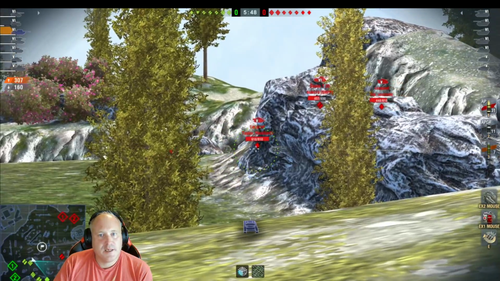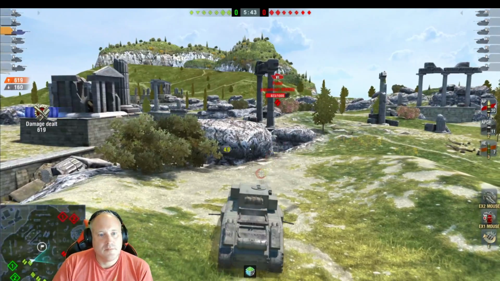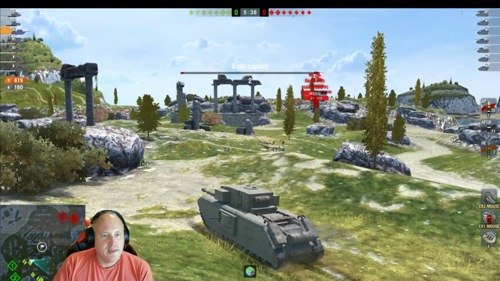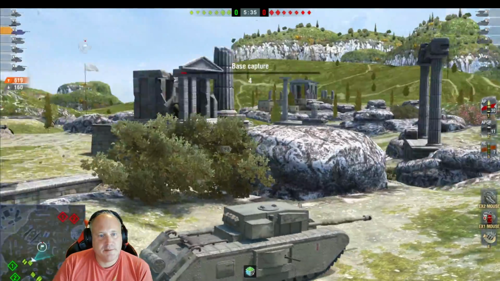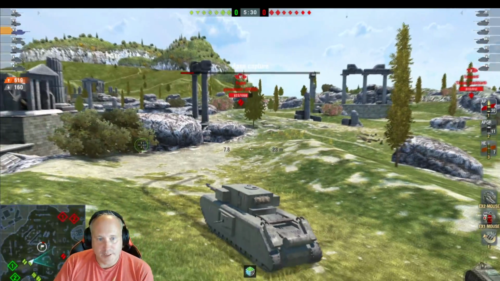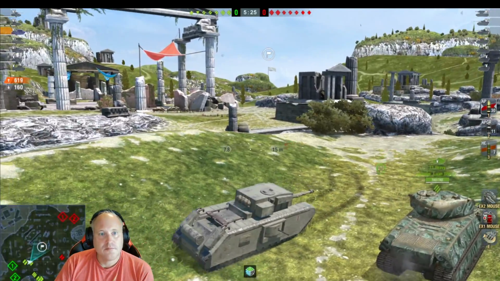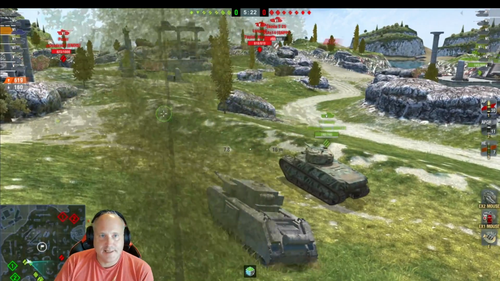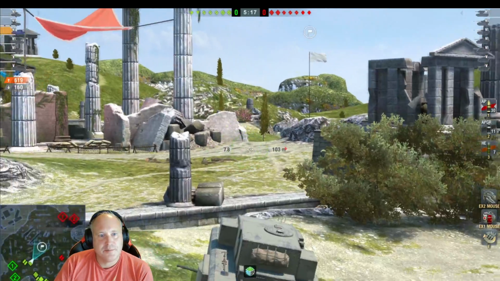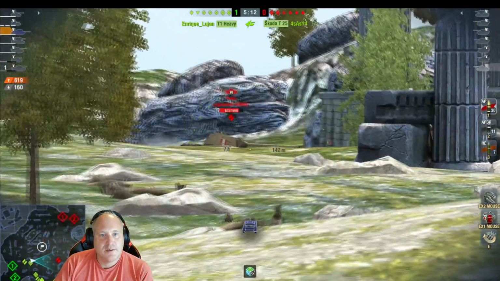Now, I'm just waiting for these guys to make mistakes up on the hill. And I was expecting that KV there to drive on up. And there he is in cap. I was expecting him to come through the side here. I didn't want to take a big shot from the side, that's for sure. But then for some reason, he gets out of cap. So I'm not sure what is necessarily going on this side here. But we've got shots up high, so...